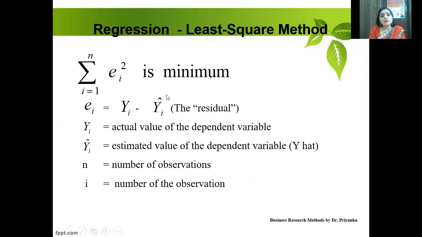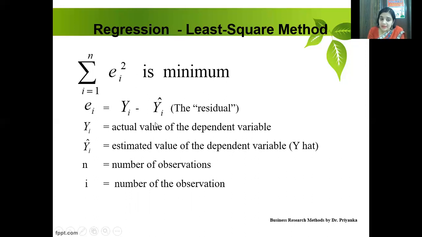This is how you'll be calculating a regression with the help of the least square method. Summation of i equal to 1 up to n, where n is your number of observations and i is the particular observation we are talking about. i is for first, second, third. i is from 1 to n, and then e_i squared is minimum. E square minimum means you are trying to make the error minimum possible,